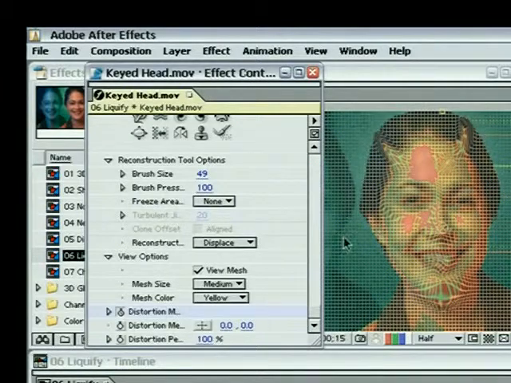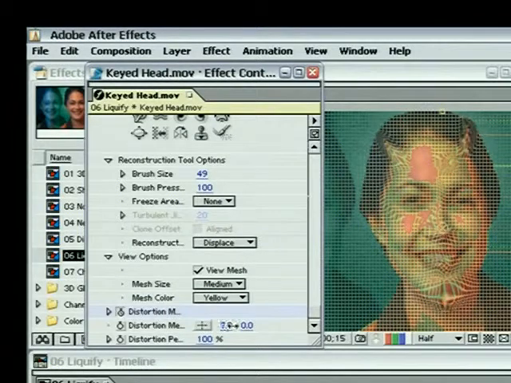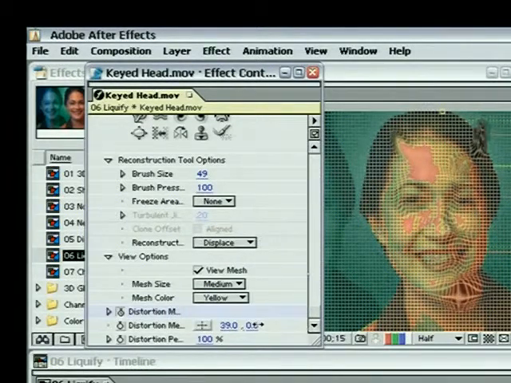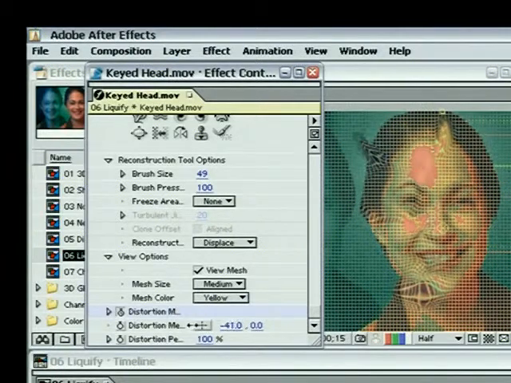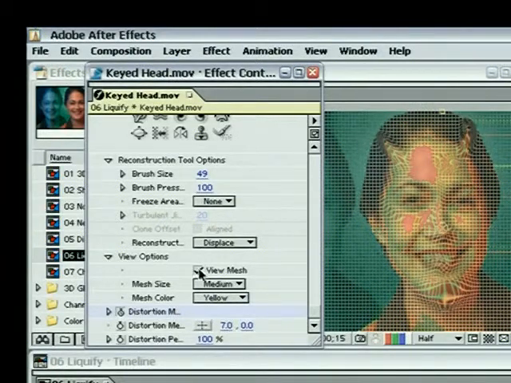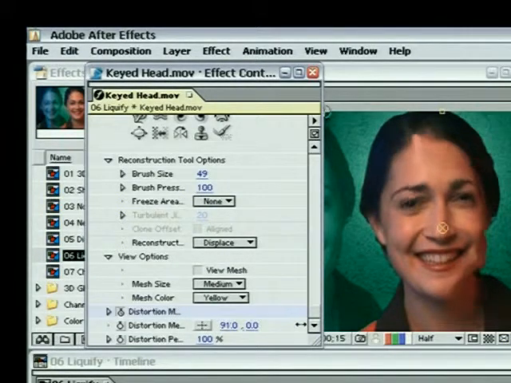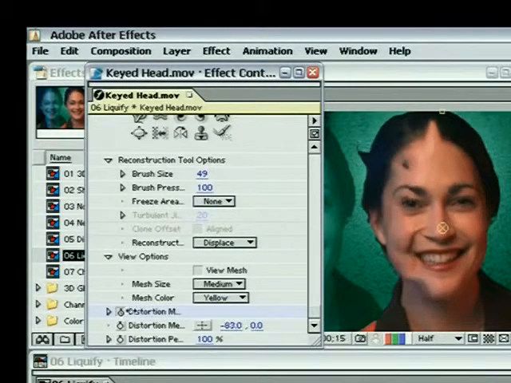The mesh itself has a default position on the layer, and it obviously has these points that have been displaced now using our tools. Well, we can pick the distortion mesh up at any time, its X or Y values, and drag them, and you'll see that the mesh moves through the image. Now, this image is based on an alpha channel, don't forget. It's been keyed out across a background. So if I turn the mesh off here and drag that value back and forth, you'll see that the effect works its way through the graphic, almost as if the image itself is made of liquid or a molten substance,